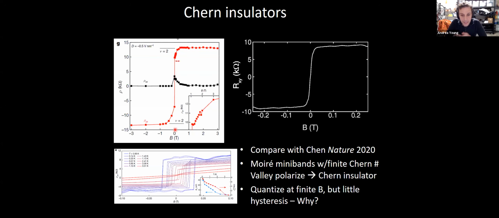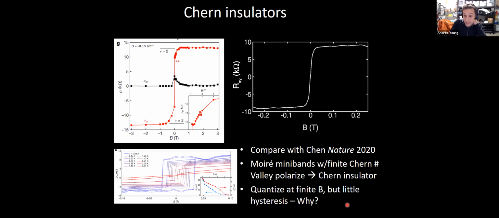There's an interesting fact, which is that the magnetic hysteresis actually observed in the system is rather weak, and there's not a quantized anomalous Hall effect. Rather, there's sort of a suggestive Chern insulator that seems to go all the way to low magnetic fields, but doesn't quite quantize at 0 magnetic field. This is a question I'll return to, and I think will be something that we can hopefully start to address.